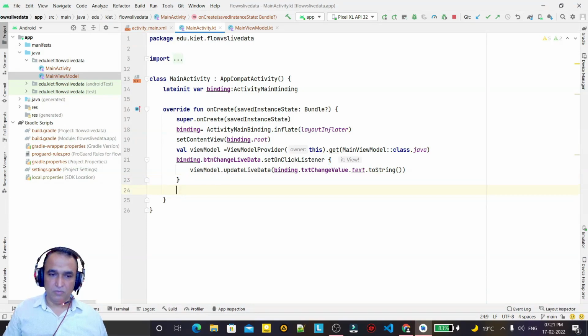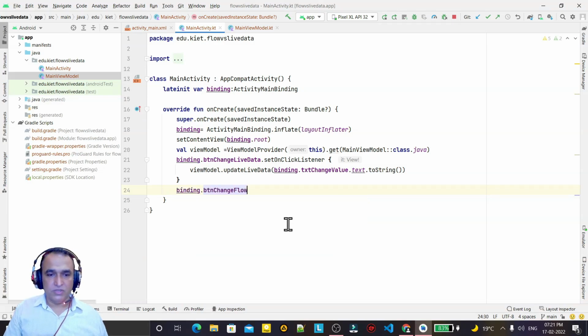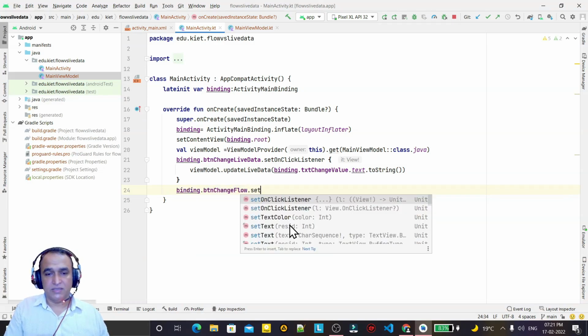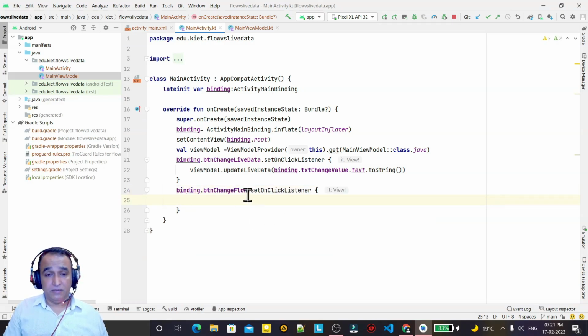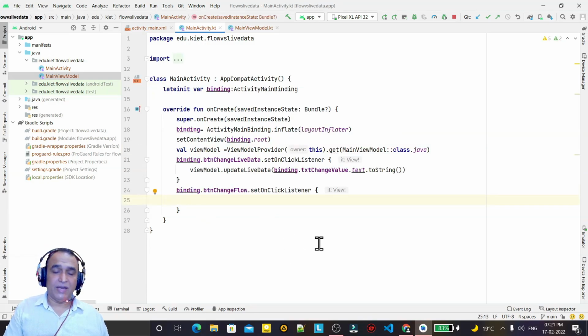Now I call one more method, one more button handling. Here I say change flow, button change flow dot set on click listener, and here I will get the information of this flow. For that we have to use coroutines, because flow is always called under a coroutine.